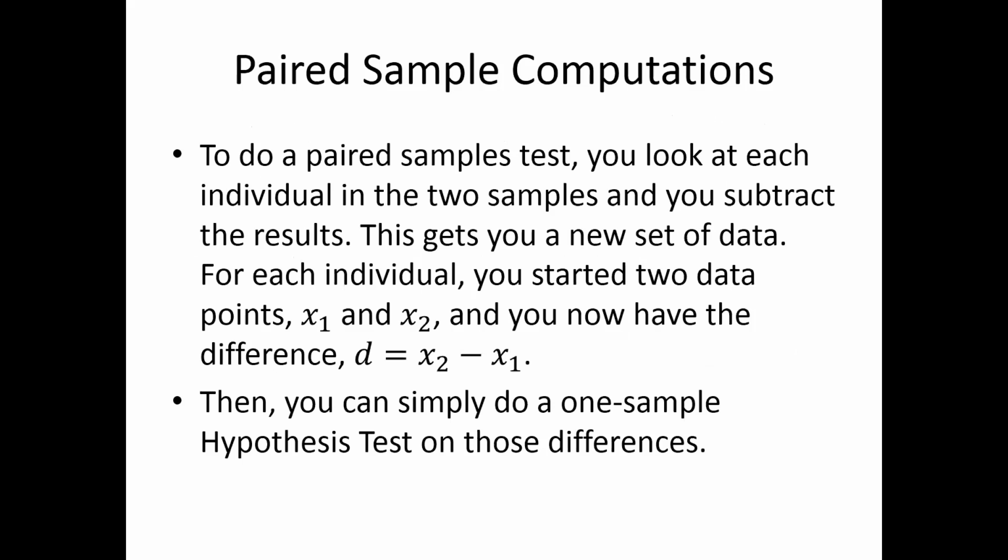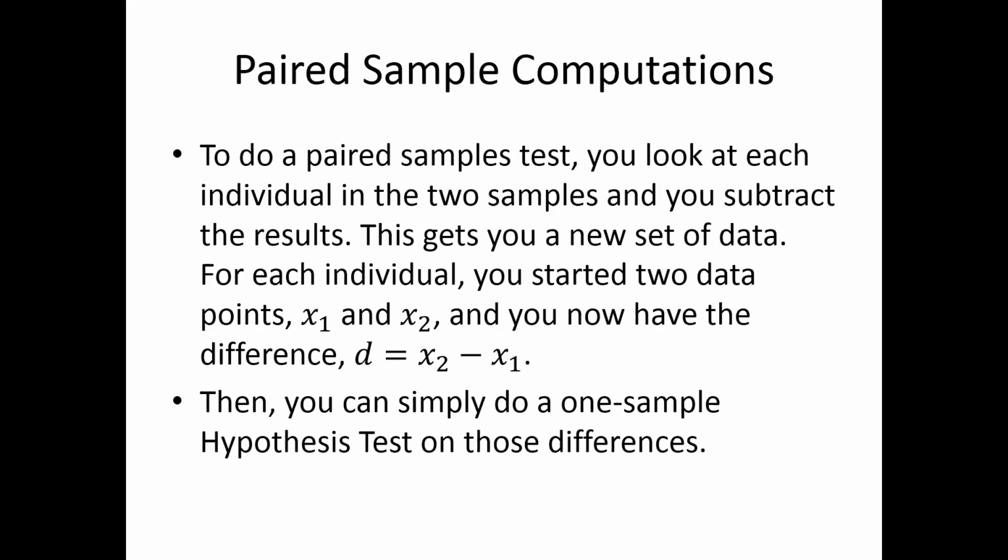Okay, so to do a paired samples test, we look at each individual in the two samples and you subtract the results. So with say the taste test example, you know that Bob rated recipe A a 7 and he rated recipe B a 5. So you can subtract those, right? 7 minus 5 is 2, right? So the difference in Bob's ratings was 2,